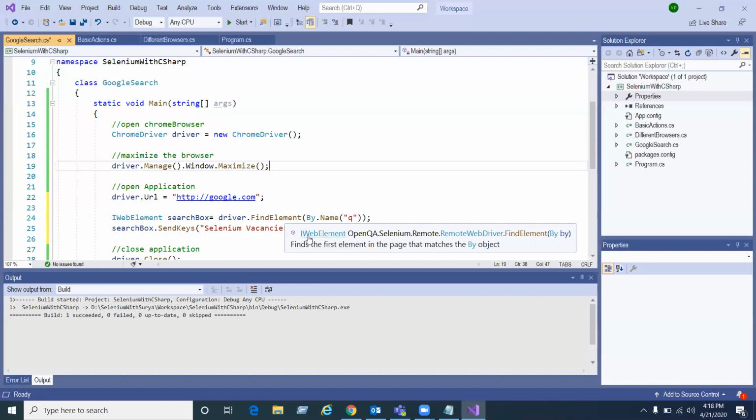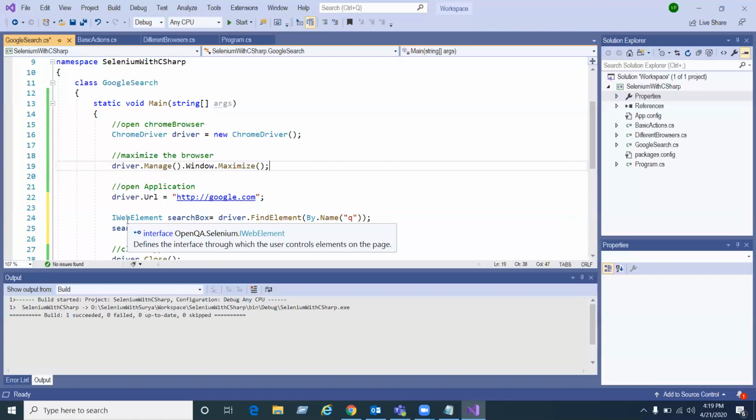If we don't write WebElement searchBox equals, then you can write it directly. For your understanding, I have written two lines of code. But in real time, what people write is driver.findElement, this one, dot directly sendKeys, within a single statement. Conceptually I'm explaining; understanding the concept is very important. Find element returns a WebElement. Once you get the WebElement, then you can perform the actions. So first you are finding the element and the second one is the action.